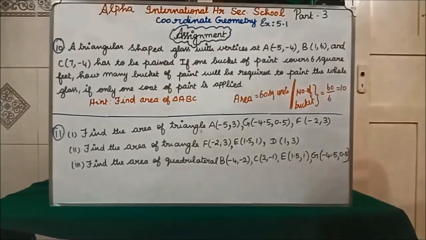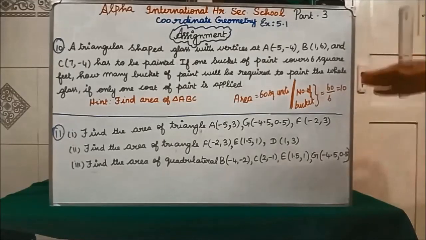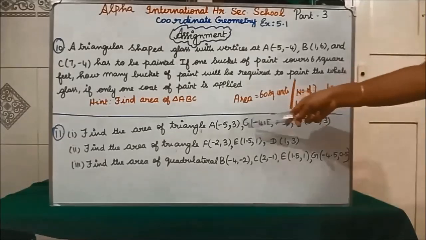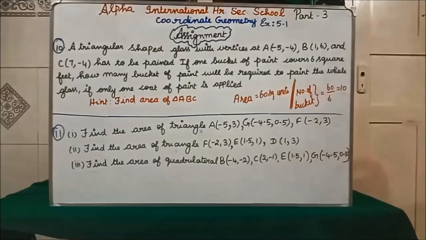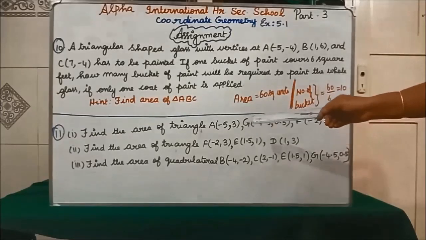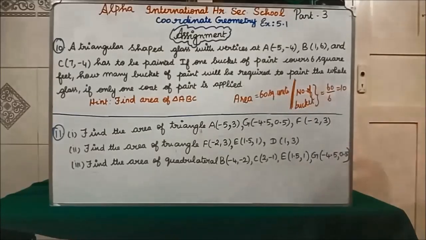Now we will see the 11th question. In the 11th question they have straightaway given what to find. Find the area of the triangle with the given vertices. First plot the values in the graph. Students, you need not take off the page of your classwork; take a page and draw the graph fairly neatly. Okay, first plot, then draw in the anti-clockwise direction. According to that you write in the column, then you do cross multiplication. You will get the area of triangle AGF, and similarly you are going to do the second subdivision EGD, then the third subdivision also BCEG.